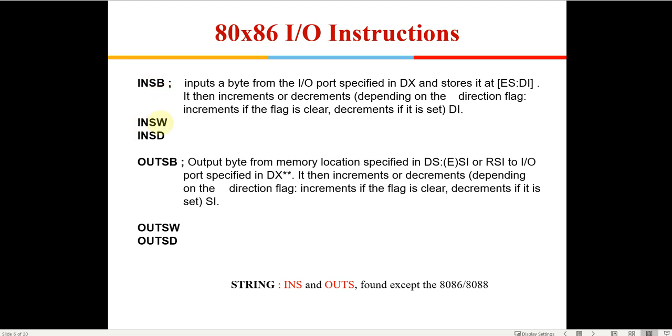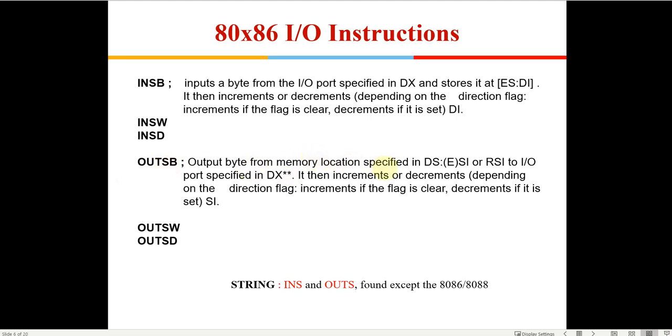So you have INSW also. Here a word will be transferred, and DI will increase or decrease by 2 bytes after getting the data from the port. Similarly with INSD we get a double word, and in that case DI will increase or decrease by 4 bytes, right?